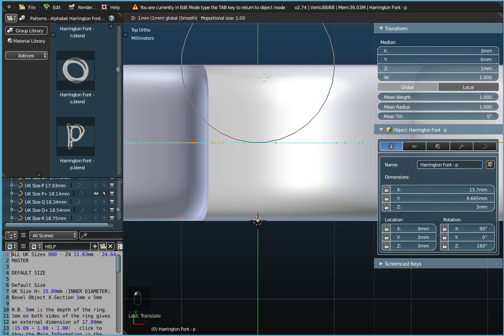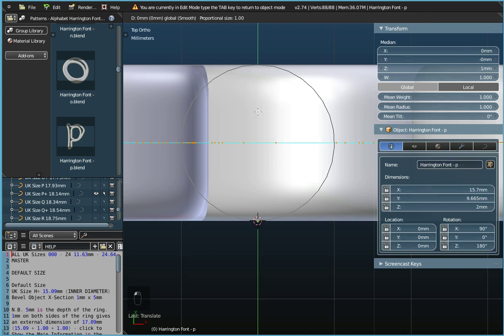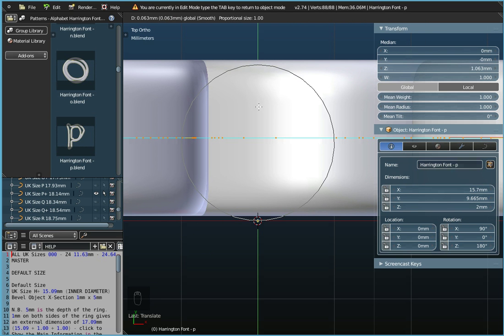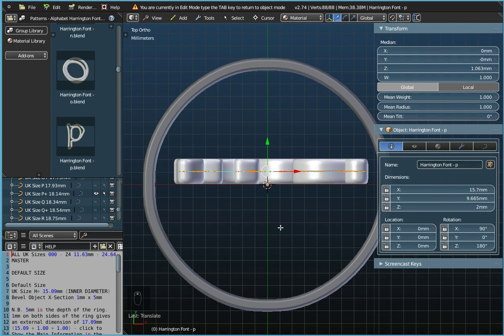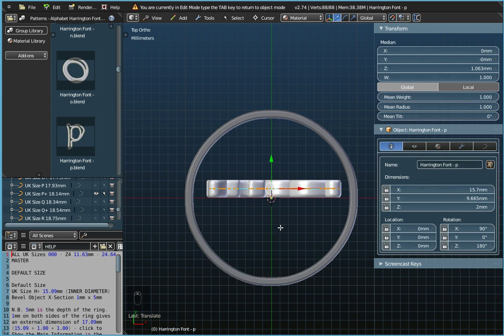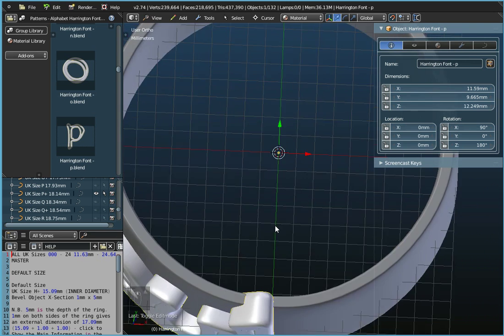I only want to move it a short distance away, and the reason for that is this feature called Snap is on, and what Snap does is it moves the object from one grid line here to the next one. So if I switch off the snap for the moment, and move this object up slightly away from the x-axis, and then switch the snap back on, and scroll out with the center mouse button again, and press the Tab key this time, you should see that the position of the Paul,